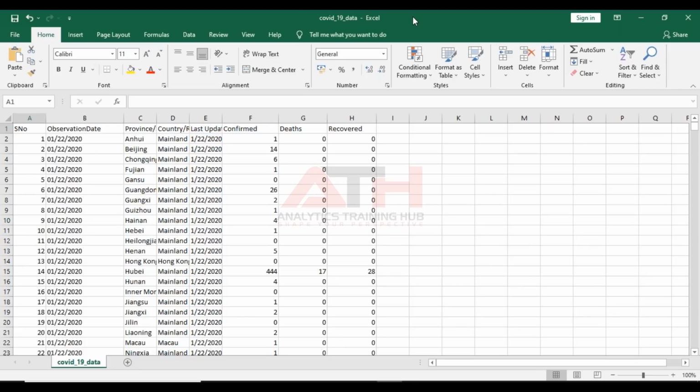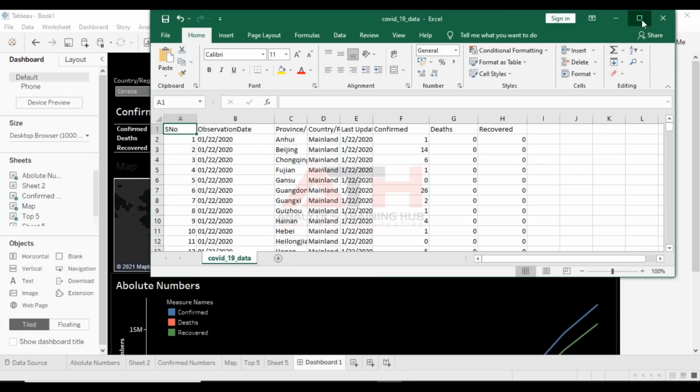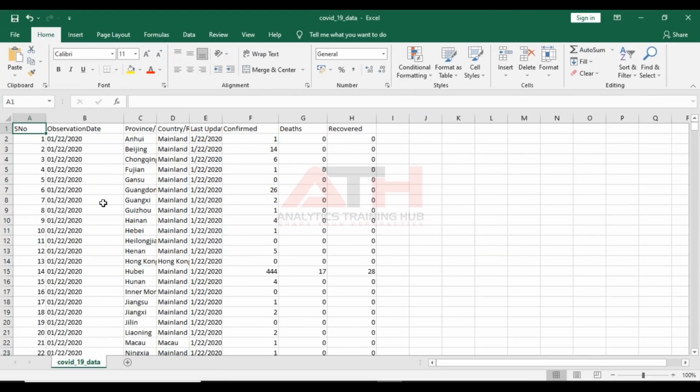So as you can see, the data file that I have opened up now, usually we need this data in this particular format. This is pivoted data, we call it. Again, it depends. Let's say if there would be a province, it wouldn't be cross-sectional data. It would be more of time series data here. Again, there will be repetitions in rows. So let's say for India, there will be repetitions for India here for a particular date, and it will be mapped accordingly for one particular thing. And Tableau is aggregating all these numbers when we are placing it on the dashboard.